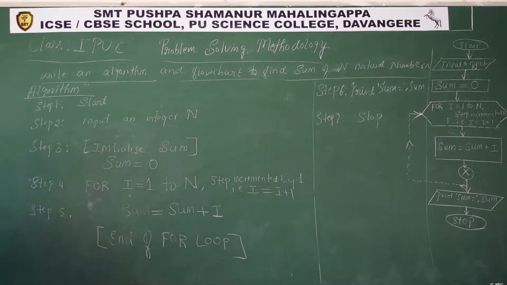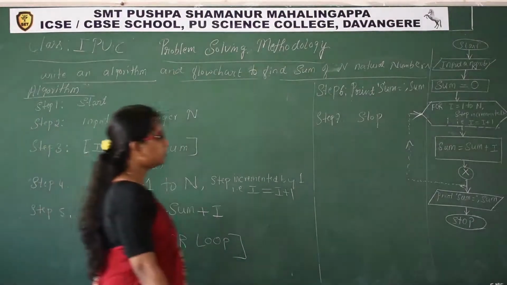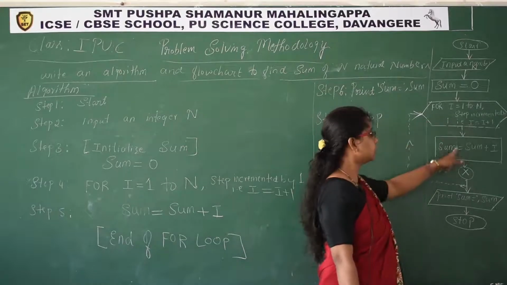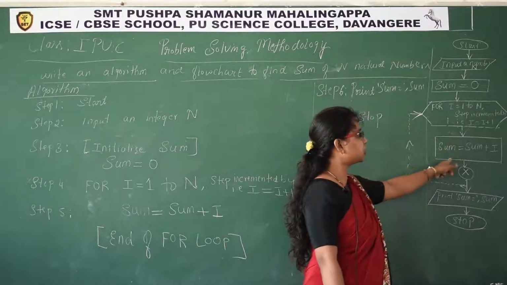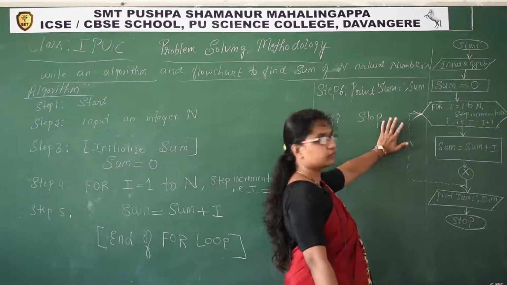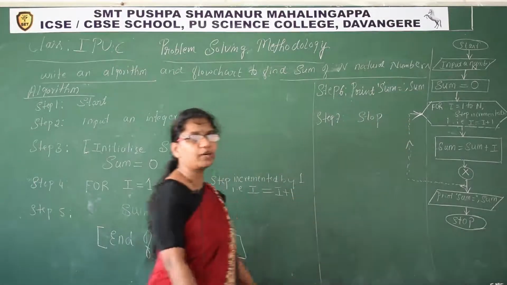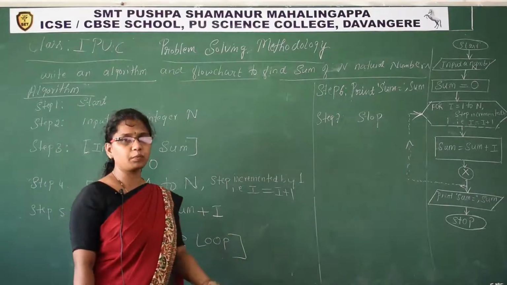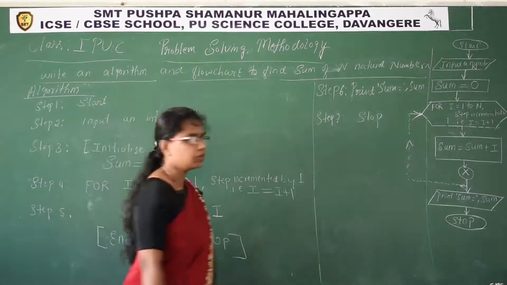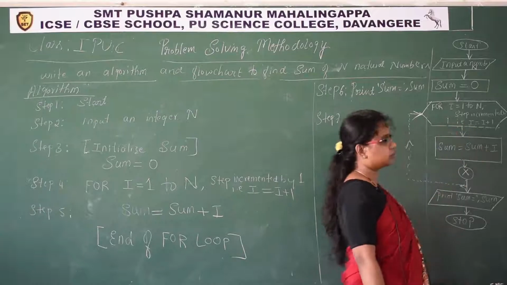I hope you understood the flow chart for the sum of natural numbers. So the new thing in this algorithm, in this flow chart, is for loop and rectangle. This is for calculation part and initialization, and hexagon for loop, exclusively for loop. We have two more looping statements, while loop and do while, that can be managed in a rhombus for decision making. For do while and while loop we use the same symbol, but for loop there is a special symbol called hexagon.